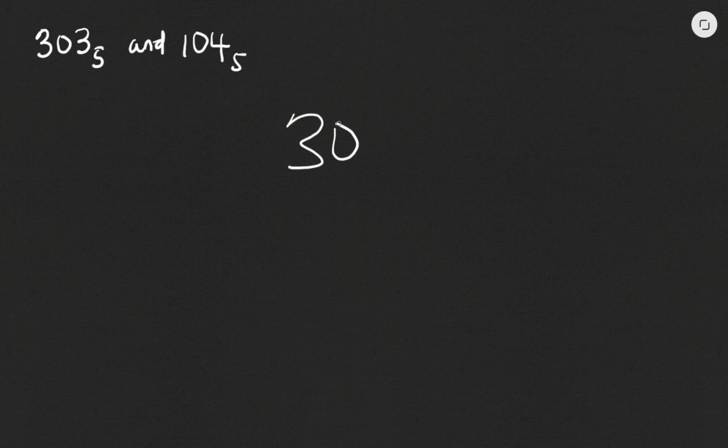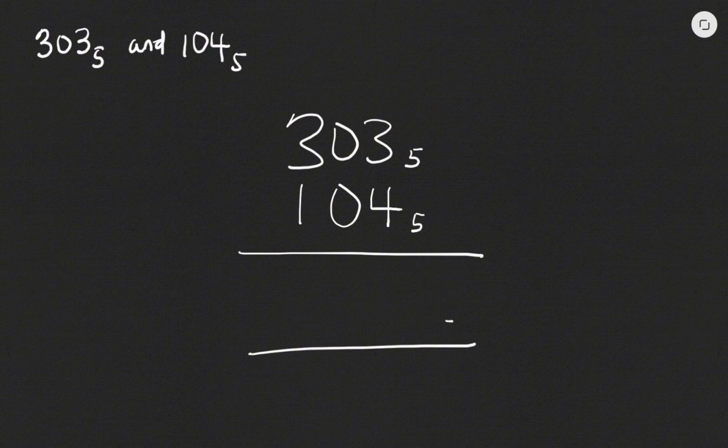So I'm to find the sum of 303 base 5 and 104 base 5. This is very easy. So I have 303 in base 5, then 104 in base 5. So let's proceed. So 3 plus 4 will give me 7, and 5 will go into 7 once, so